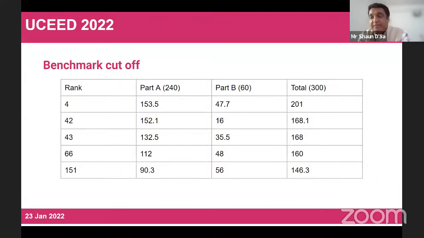And to get a seat, like if you say rank 66, can you see the fourth row? Okay, rank 66. So the student has even got 112 out of 240. So even if you cross 112, provided you do well in your sketching, you still can get a seat, okay, in an IIT, in one of the IITs, okay? I'm not talking about triple IIT Jabalpur because, yeah, you can even go up to 120, 130, but I'm talking about